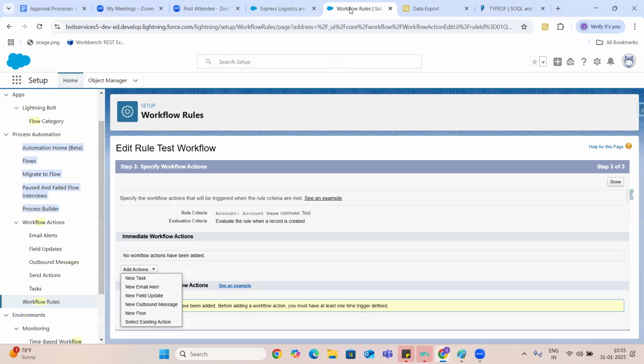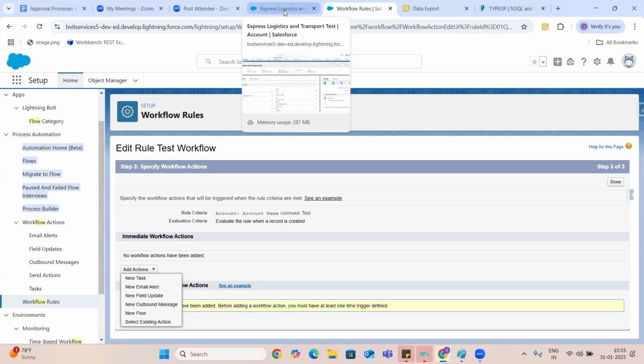And basically, workflows will work only in these three scenarios, guys. That is the limitation of workflows. When you click on a button, if you want to do something, it's not possible.